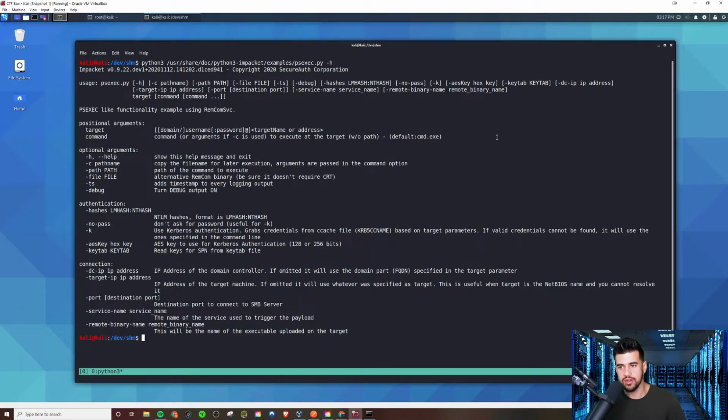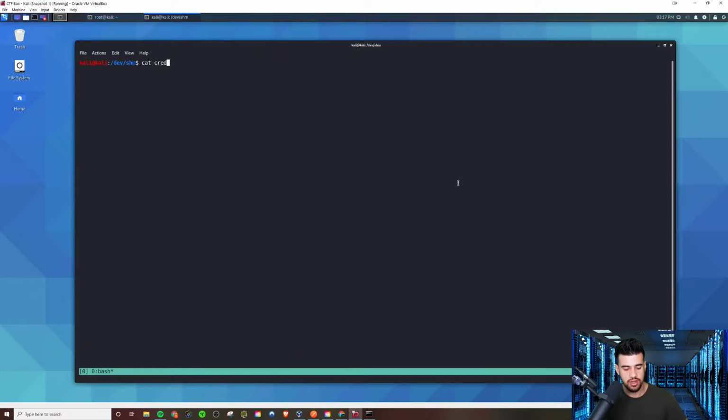But the flags that we're going to need for this, essentially, and before I get into that, I have some credentials here. This is credentials to one of the Hack the Box machines, the Active Hack the Box, if you guys have ever done that one. These are the administrator credentials that I gathered through some prior steps. So however you go about collecting your credentials, as long as you have valid credentials on the machine,